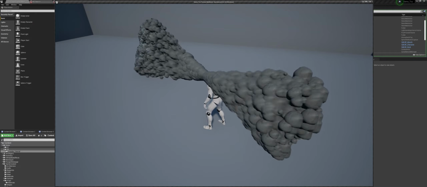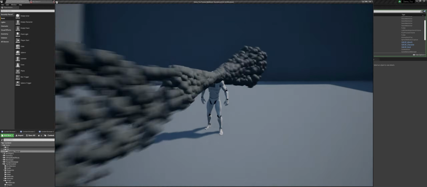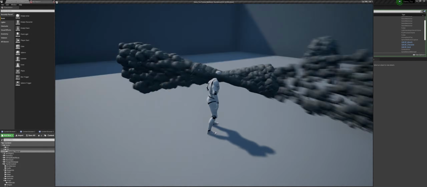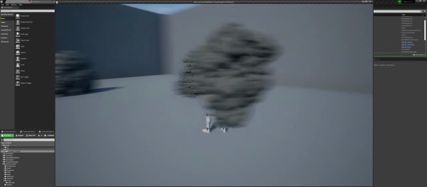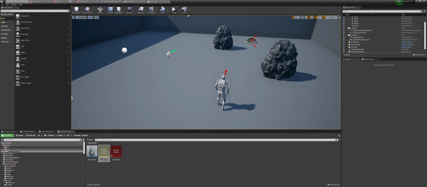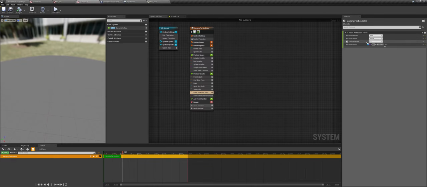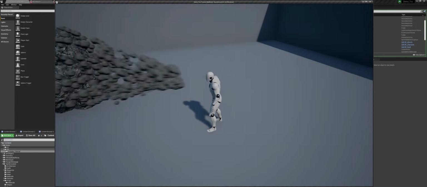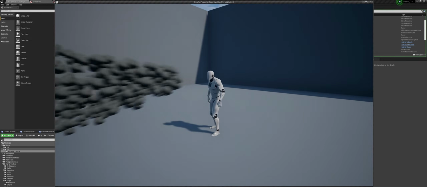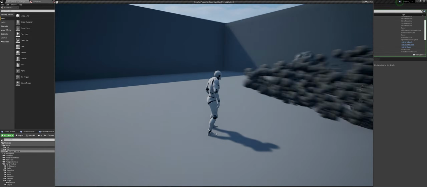So here you can see that it looks a bit weird because it is coming into the arrow and going ahead and reversing and coming back. So in order to prevent this, we can go to our Niagara system, then we can click this arrow and get the kill radius and set this value to like 90 or something like that. Now if I press play, it is getting destroyed when it hits that radius or location.